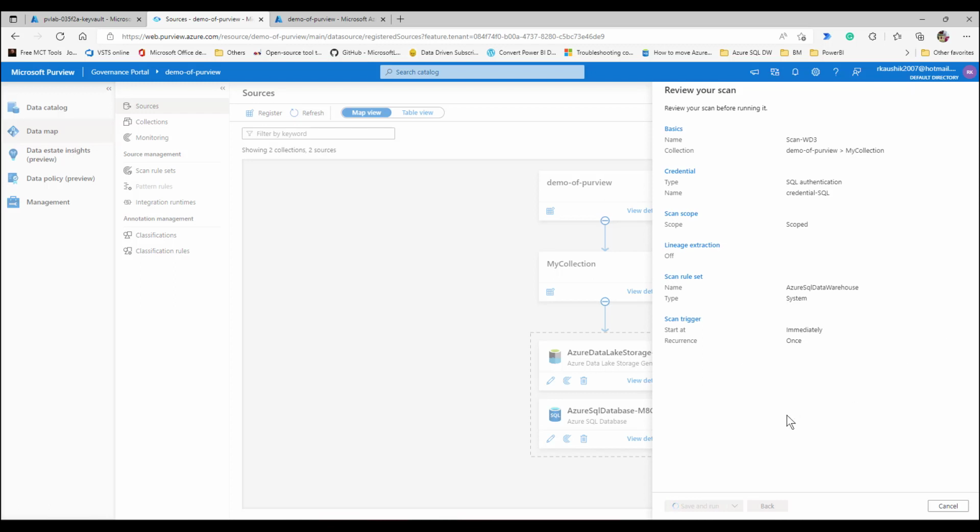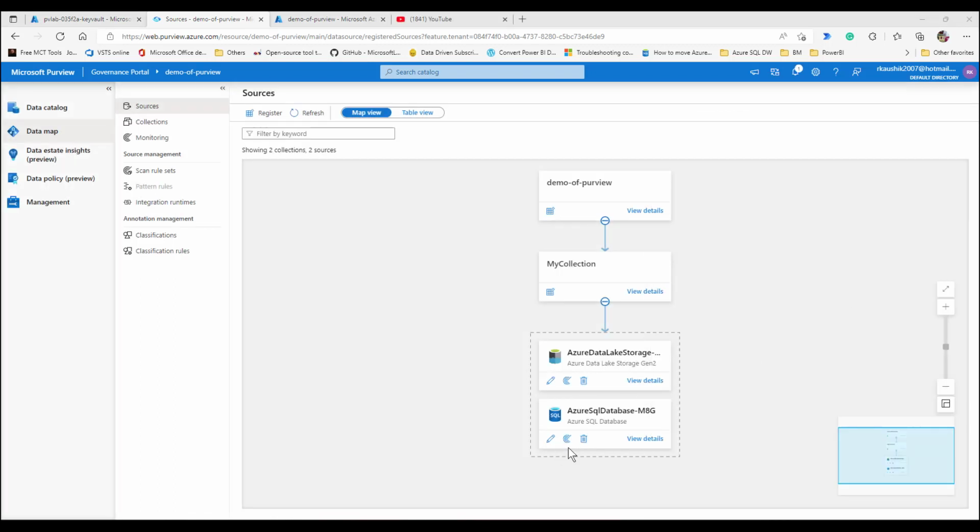So now it will trigger it once. Okay, so now it is successfully completed